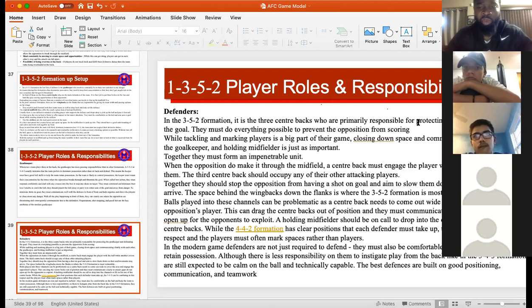They must prevent goals at all times. They must throw the body in front of the ball, sacrifice themselves to stop goals. And